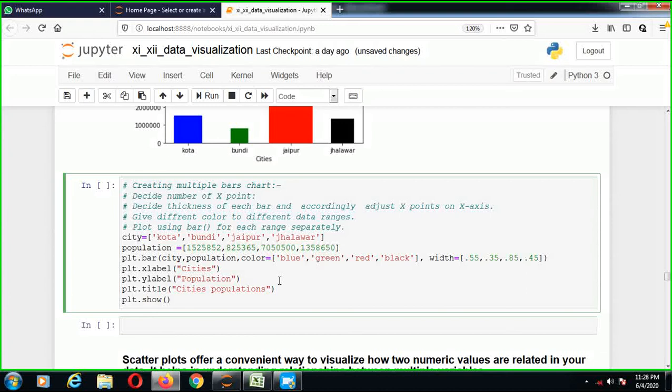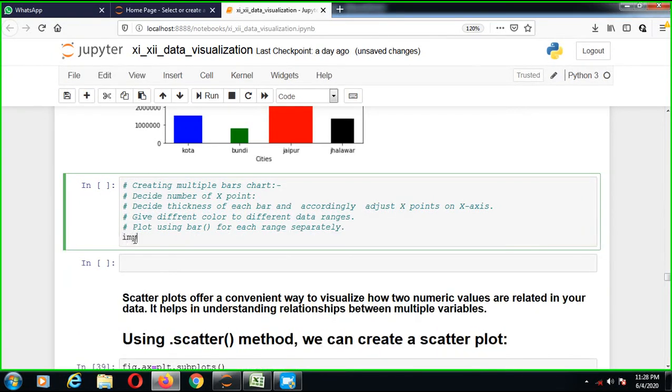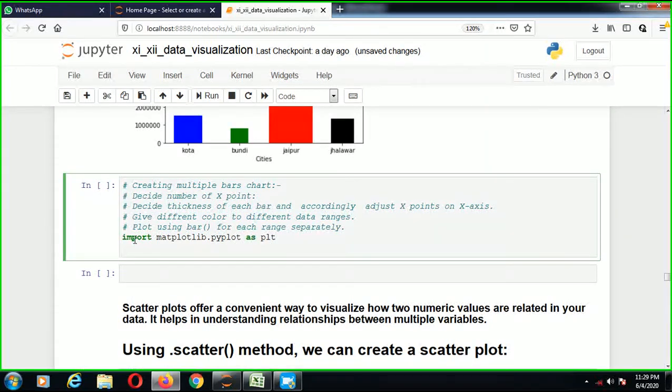First I'll design some changes to this according to the data. So just override this program and import matplotlib.pyplot as plt, and import numpy as np.